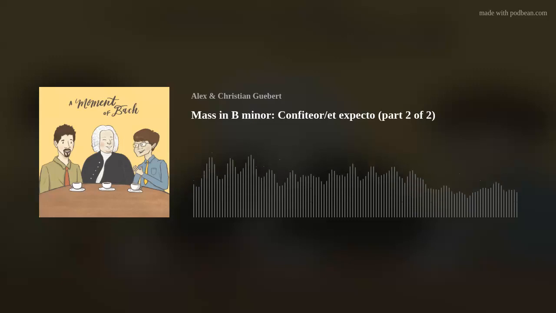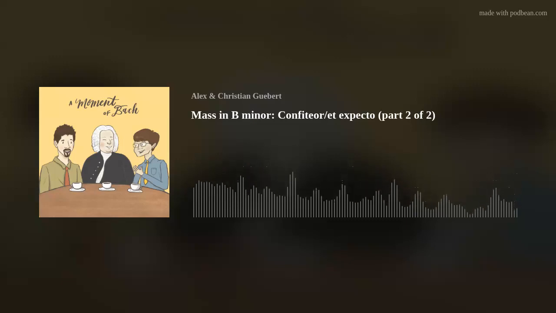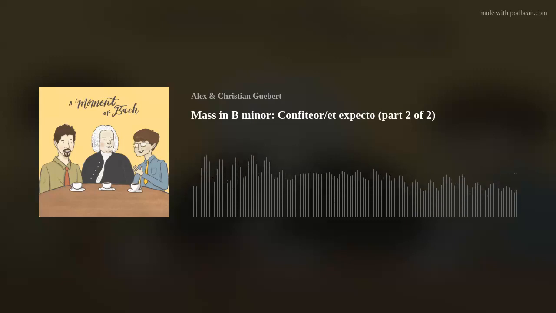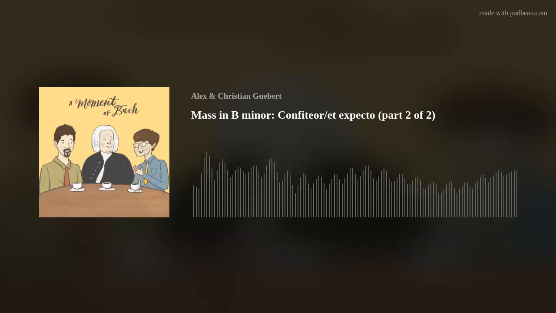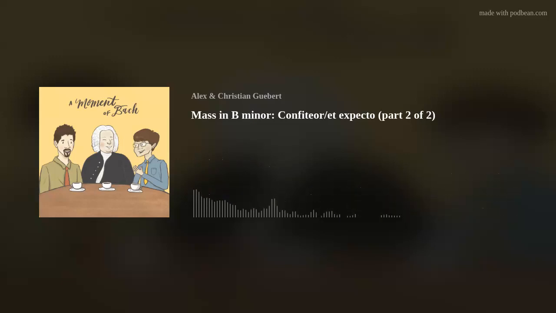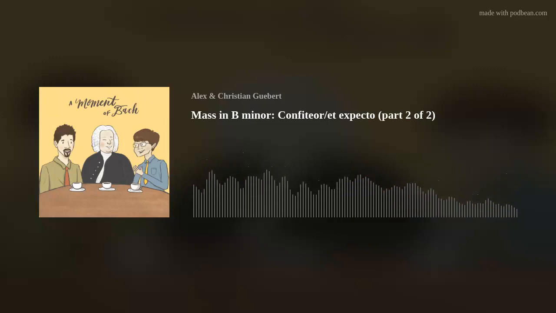Alex, when I first heard this, I just thought, well, surely this is one of those times where you're in one key that's distant in one movement of a work, and you want to get to a second movement of your piece or a second piece and make a smooth transition between them. And it's in another distant key, so you have to go through some very strange modulations like this. Modulation being a word that we use in music theory to mean move from one key to another. But it isn't that, because Confiteor is in F sharp minor, but by the time we get to the adagio